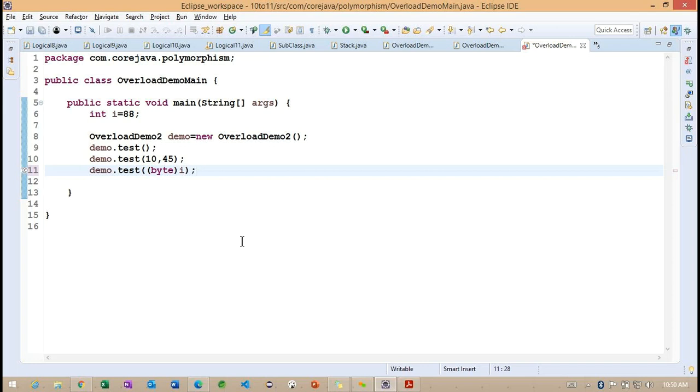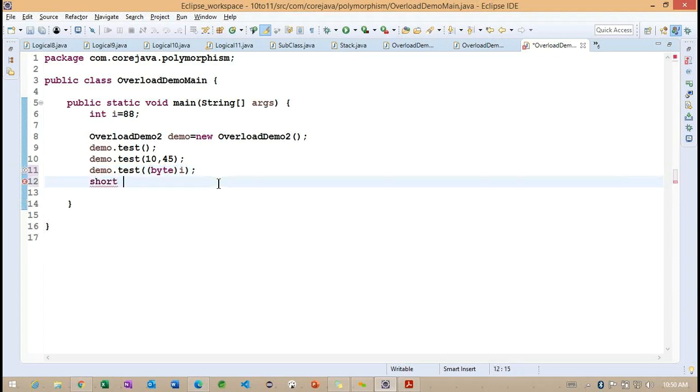Not related to overloading, sir, but can you just tell me which data type has the least memory, or can you tell me the sequence? The sequence here we need to understand: byte, short, int, long, float, double.